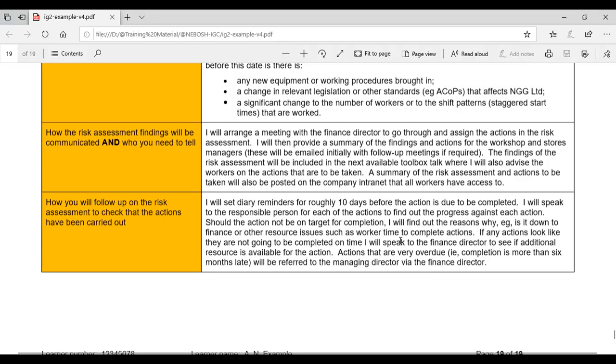According to me, before 10 days, to be very honest, is not realistically a better justification. Like if there is an action and you gave 6 months, and you are giving a reminder before 10 days, it's not good. According to the planned date you have given for that action, make sure you set a number of reminders. And no harm, we are a supportive department, we are a services department, we are an advisory department. So no harm and no shame, to be very honest, in giving reminders, maybe 2 or 3, politely, not aggressively,